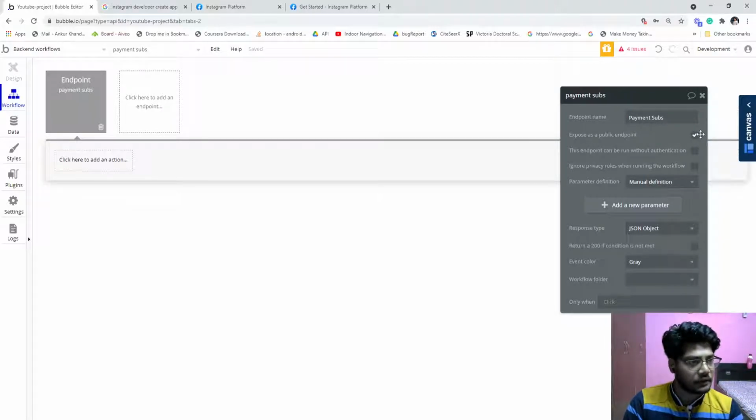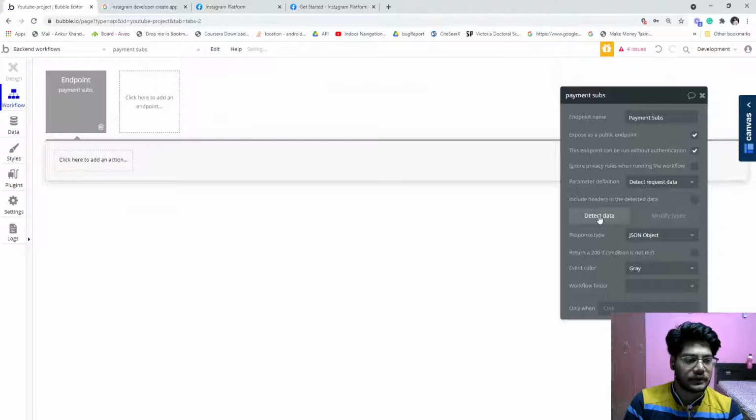Expose as public, yes, click over this. If you have any authentication, then it is good. But if there is no authentication, then it is better to put that this endpoint can be run without authentication. You can even read the references for what exactly it means. Okay, click on manual detection, detect.